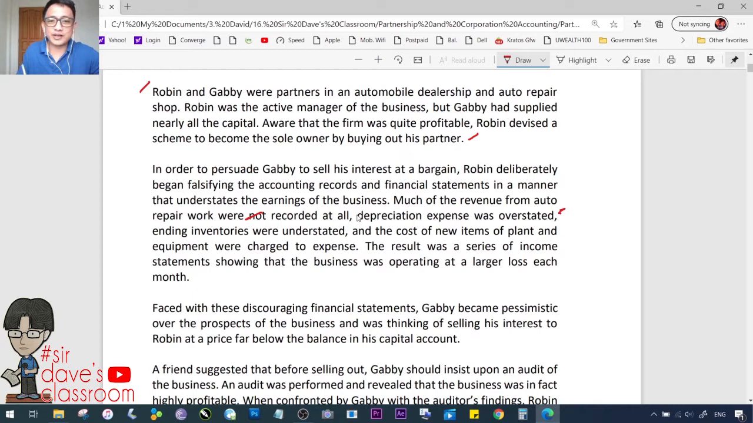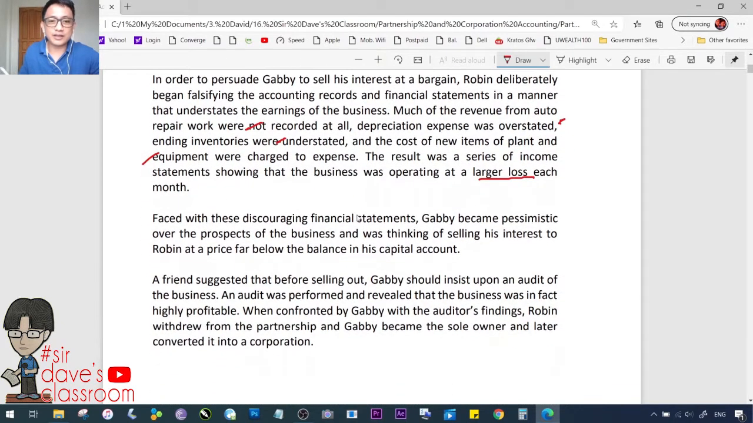Ending inventories were understated, and the cost of new items of plant and equipment were charged to expense. Mali nga naman. The result was a series of income statements showing that the business was operating at a larger loss each month. Siyempre, saan pupunta yung ganong klaseng reporting? Faced with these discouraging financial statements, Gabby became pessimistic over the prospects of the business and, ayan na, mukhang magtatagumpay si Robin, was thinking of selling his interest to Robin at a price far below the balance in his capital